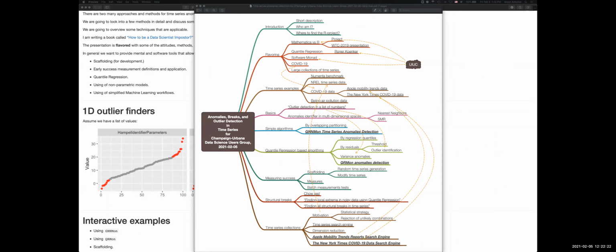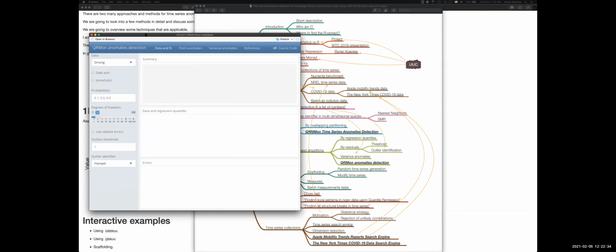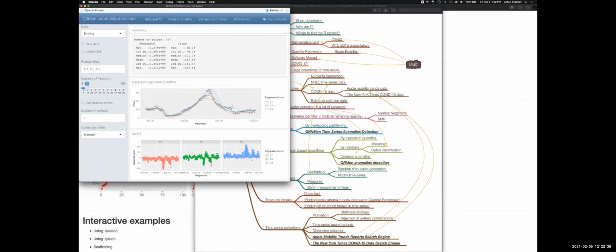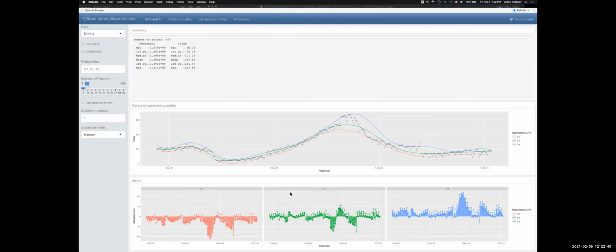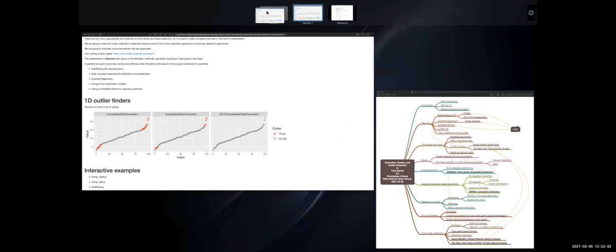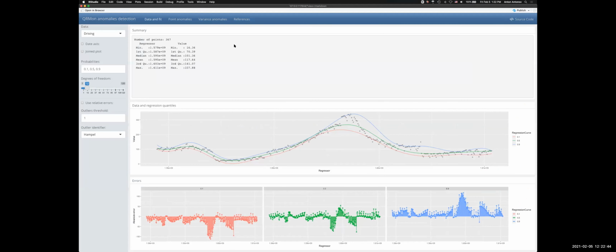Actually, I do have an interactive example in Shiny apps, but I'm going to use one on my local machine, which actually uses a time series from Nice. And I promised I'm going to put the interactive examples in this third panel. So let me move it here. So let's go back to this example here.